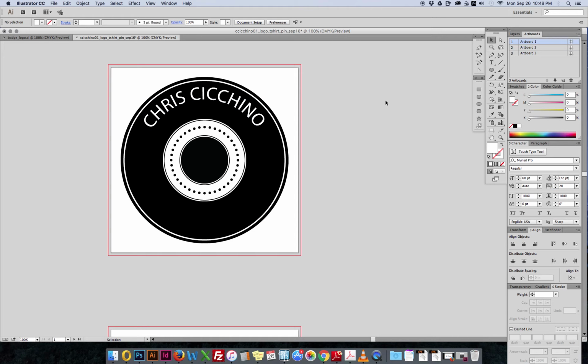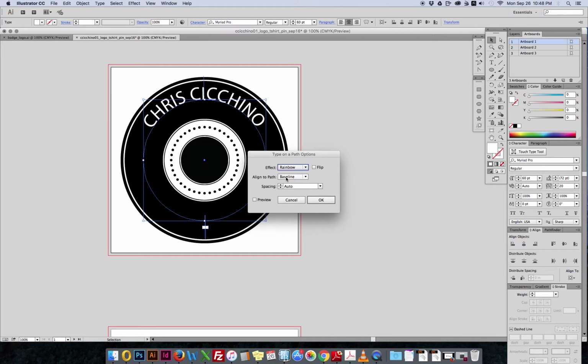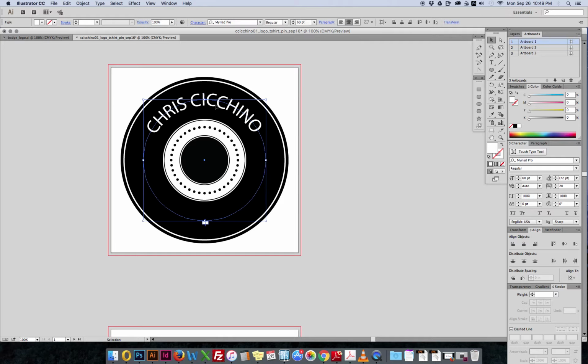What I want to do is right now this is touching the top, but I want it to be center inside this area. So I click on my path. I'm going to go to type on a path, type on a path options, and I'm going to click on baseline center. So my align to path will be center. I can preview that, and what it does now, it centers it inside the path. So now I have ample space up here and ample space down here. So there's no tension points and it's evenly balanced. I'm going to say OK. So now I have a centered